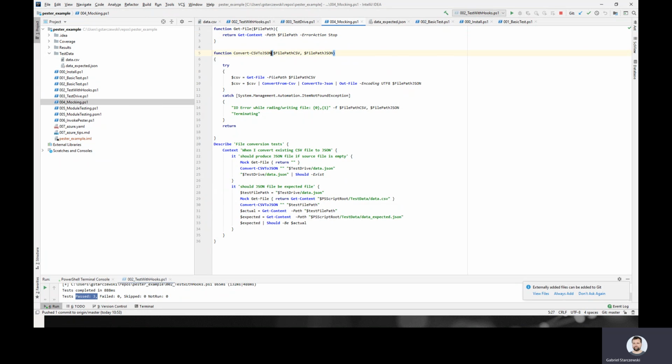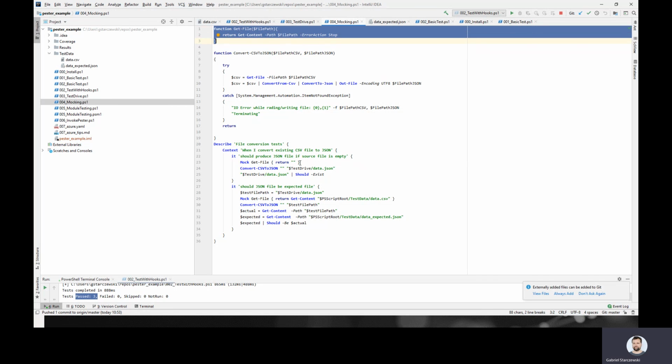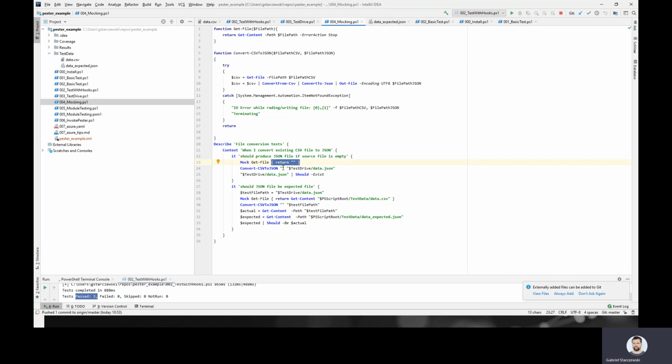But in that case, if I want to properly test ConvertCSVToJSONFile, so if I want to write a unit test, then I need to make that test independent of a dependency, which is Get-File. So in other words, I need to stub or mock it. And in Pester, you do it very easily. You are using the mock keyword, then the name of the function you want to mock, which refers to that place in the code, and then the body of the function. So that gets physically replaced. That function gets replaced for that test run with that, which means it will just